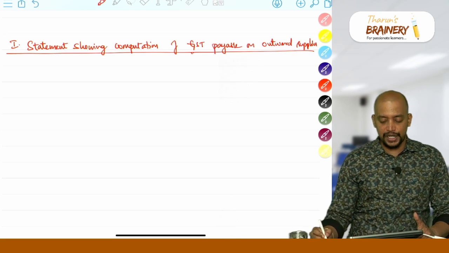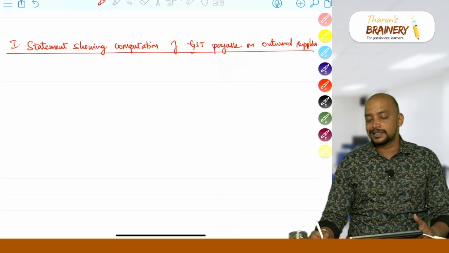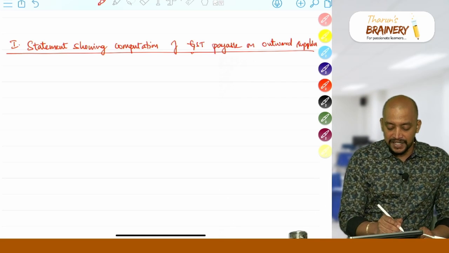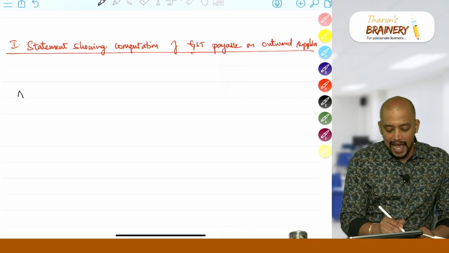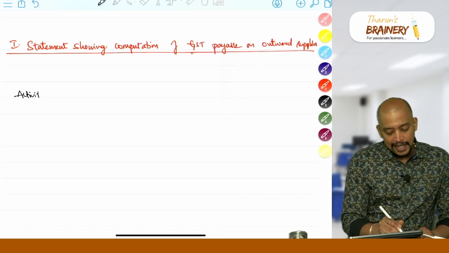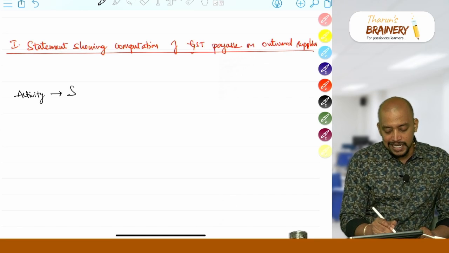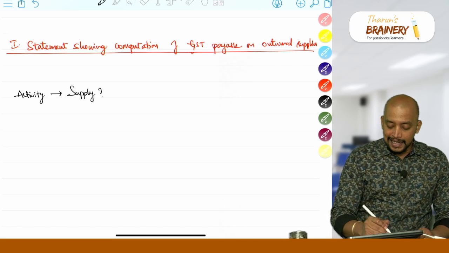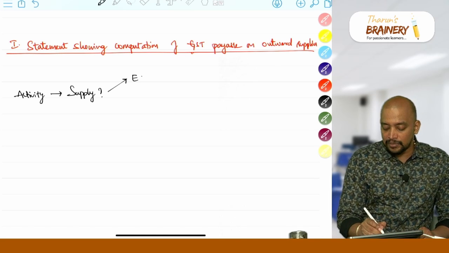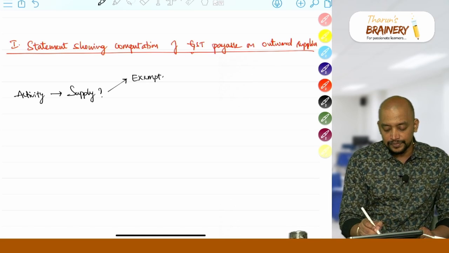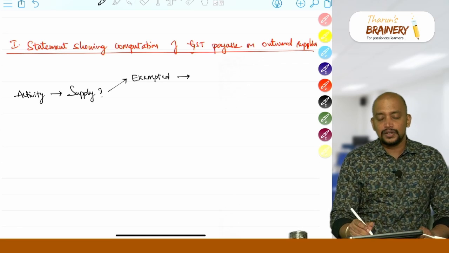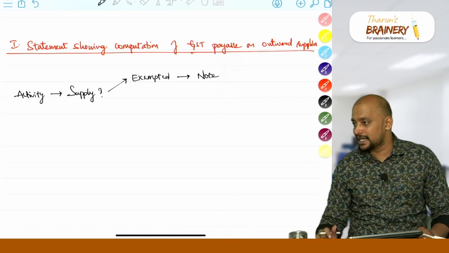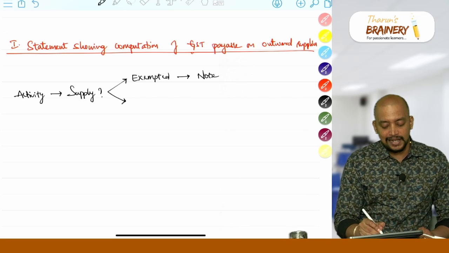Statement showing computation of GST payable on outward supplies. What you need to do is that first you need to see the activity given in the question and then check is it supply, okay, and then check is it exempted or taxable. If it is exempted, you just write a note. It is exempted, we are not required to pay GST. If it is taxable,